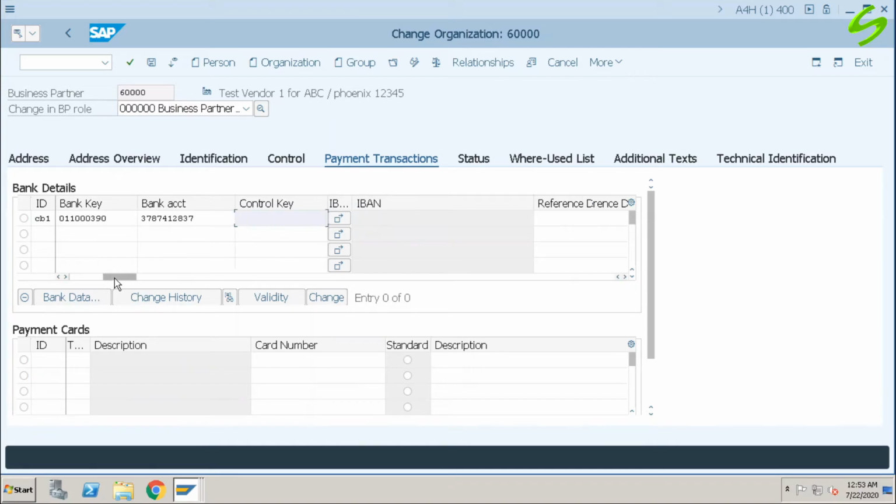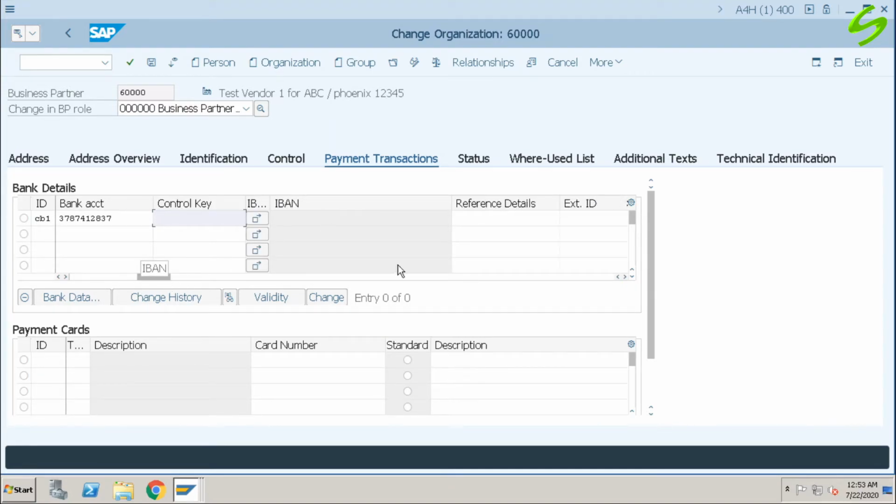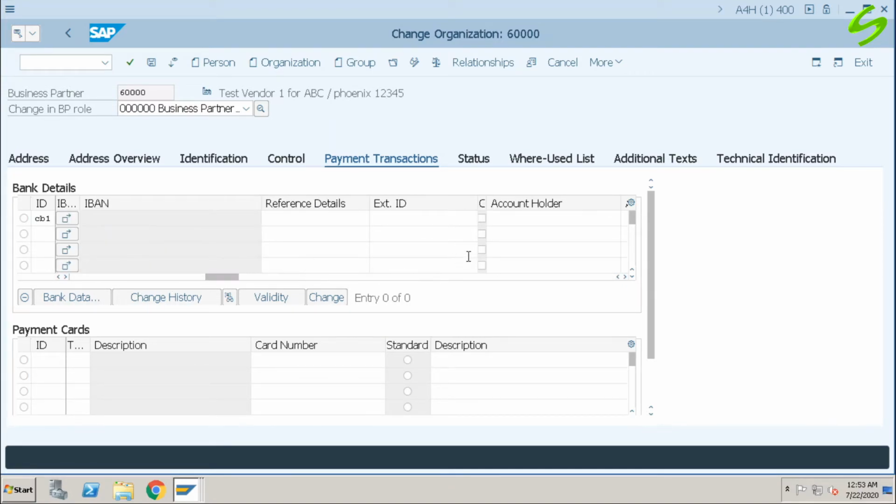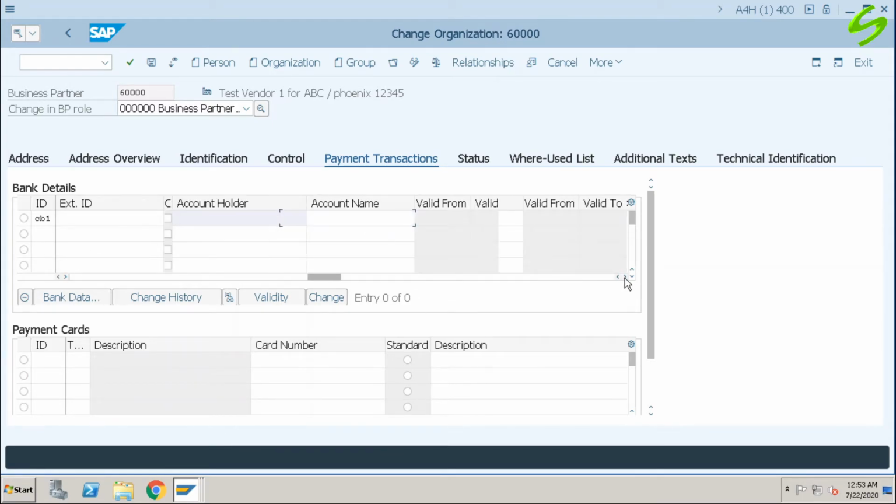We have many other fields. Account holder and account name. Account holder is the business partner name. So the business partner name and account holder name can be the same or can be different. We need to give the supplier name as per the bank in the account holder field.